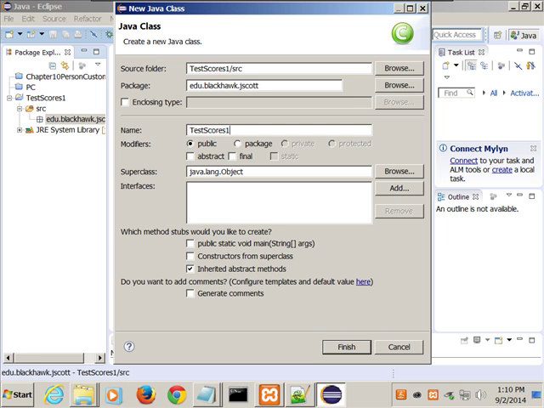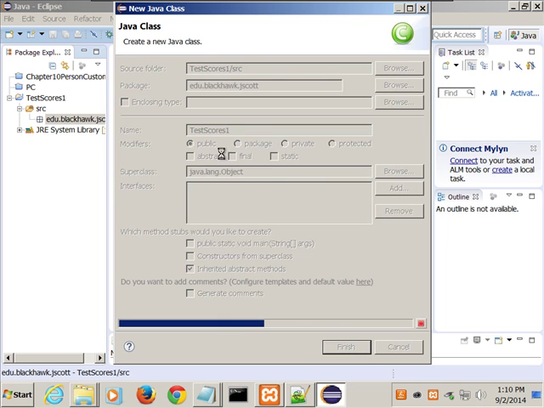Then I made a package underneath there. Then underneath the package, I made a class called test scores 1. Everybody cool with that? It's taking longer to explain this than it will be to do this first program. It's not long. All right. We don't need a main in here because we're going to write main in our demo. So I'm going to leave that unchecked, and I'm going to click finish, and it's got this.